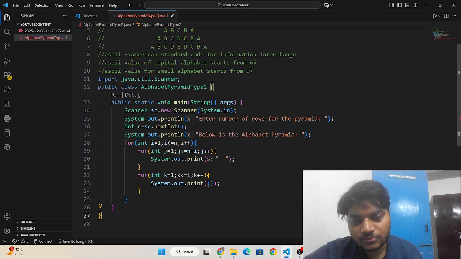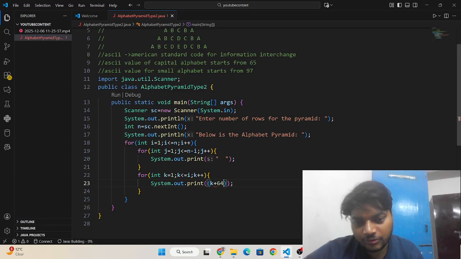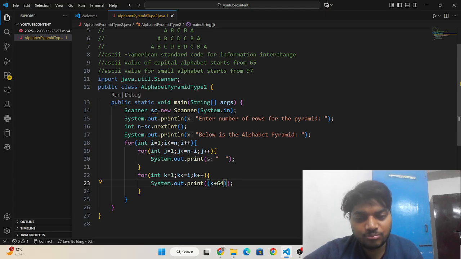Okay, so I need to write here, not 1, it should be k plus 64, and if we are adding this 64 in this k, it will become 65, and we have to convert this whole value k plus 64 into the character. So I need to write here char